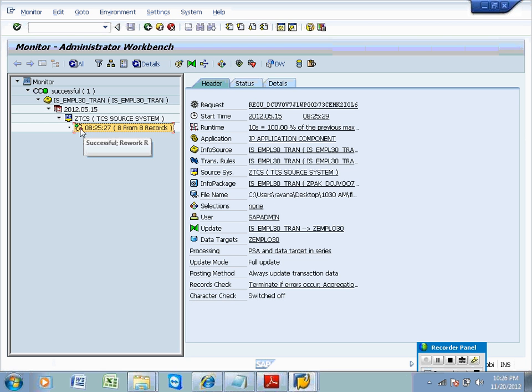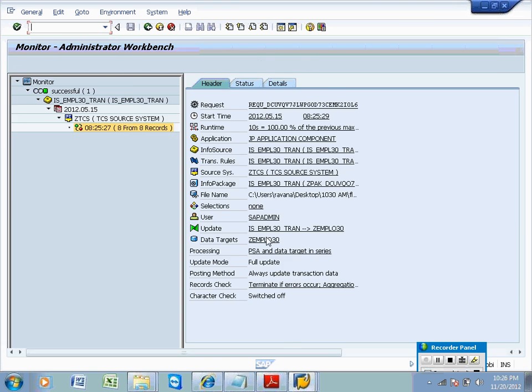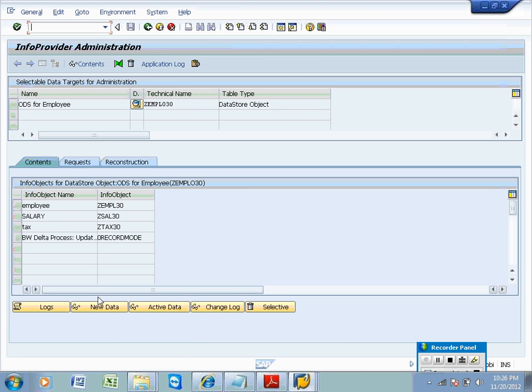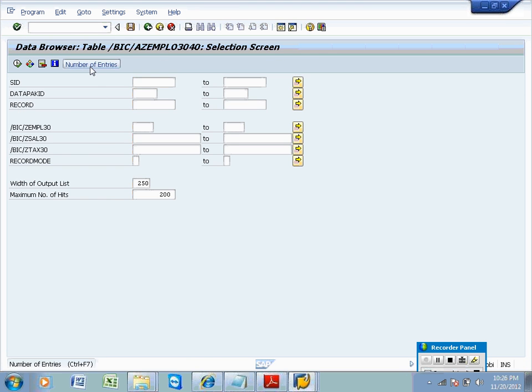That's the reason it shows yellow in between. Then go to here and see we have new data table and we have 8 entries in new data table.